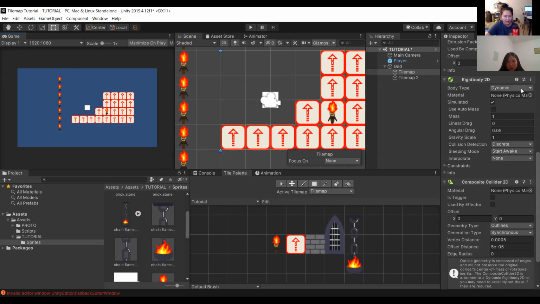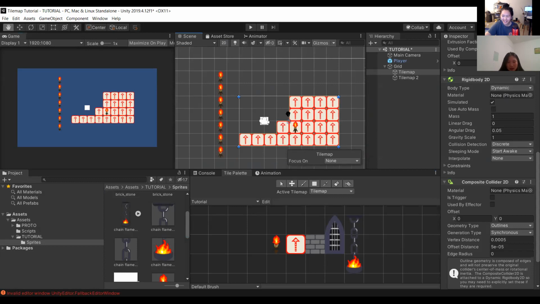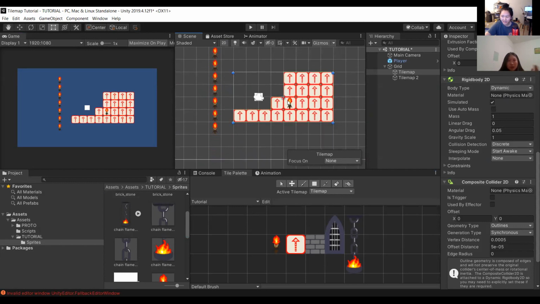The default settings will set the body type to be dynamic. What that means is that whatever object, in this case this huge mass of arrows, will follow Unity's version of gravity. So it will fall once you start the game, like you just saw me do in the game view.